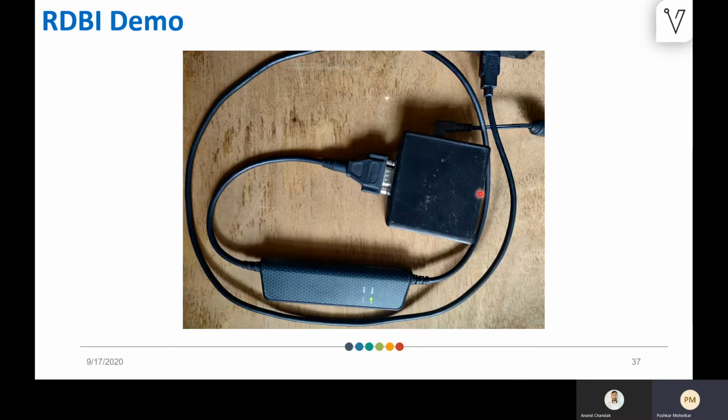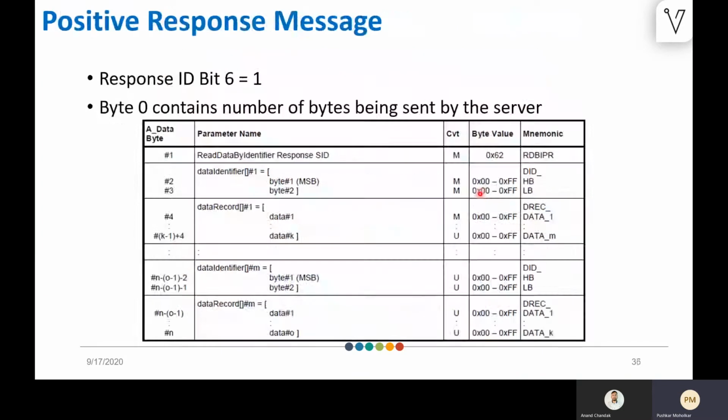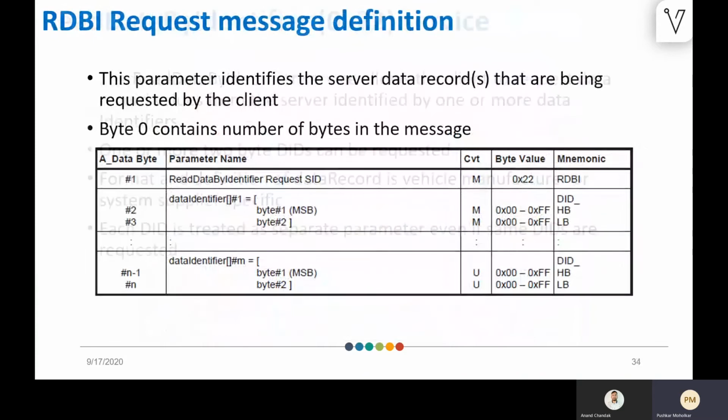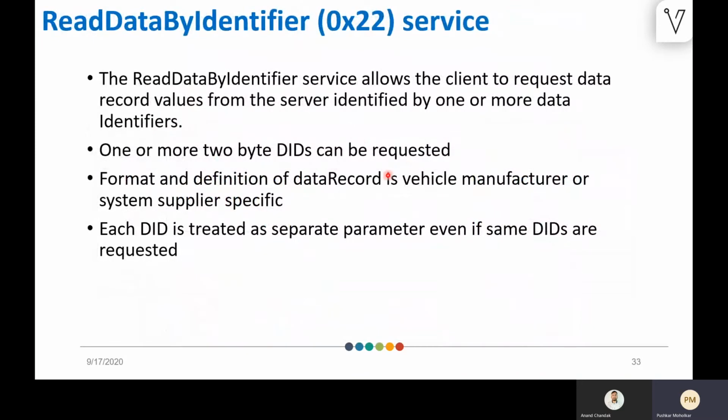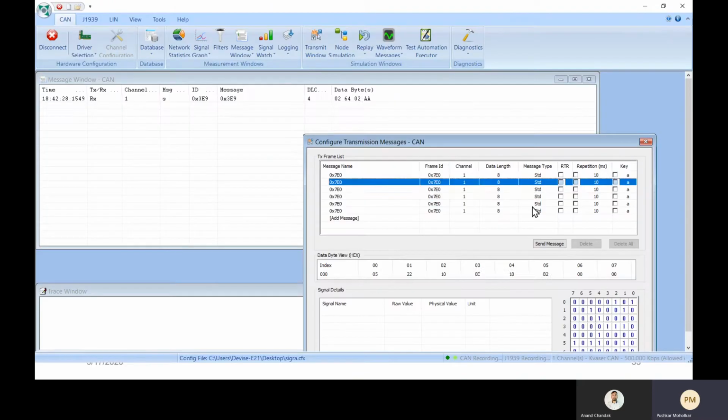Let's quickly recap what the Read Data by Identifier service is. As we have seen, it is identified by the 0x22 service ID, and it is used for querying parameters from the vehicle using data identifiers. So in today's demo, this is the